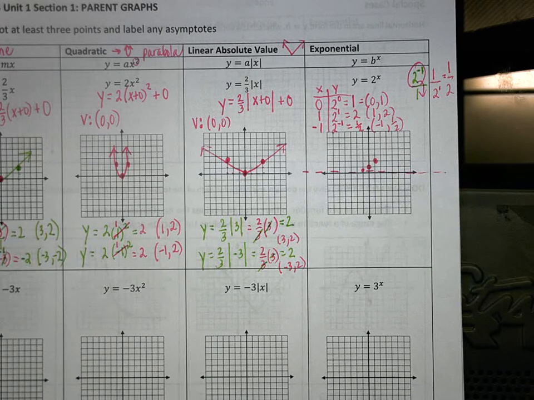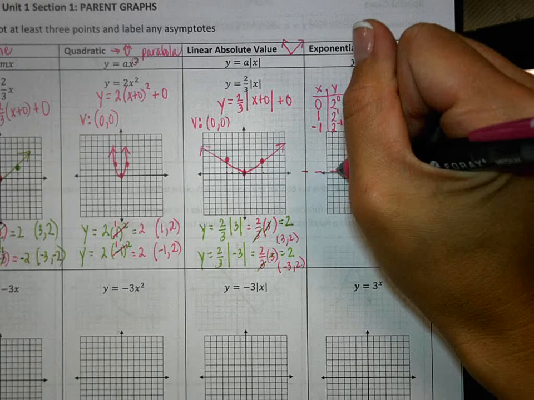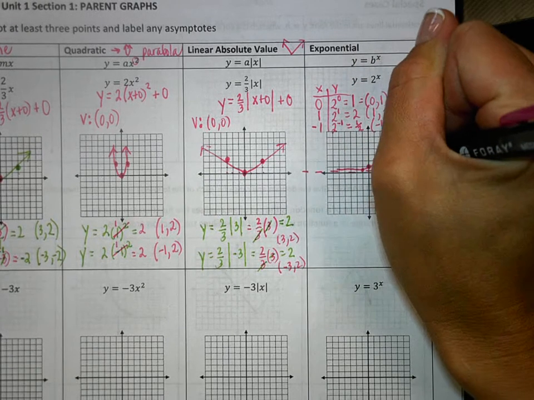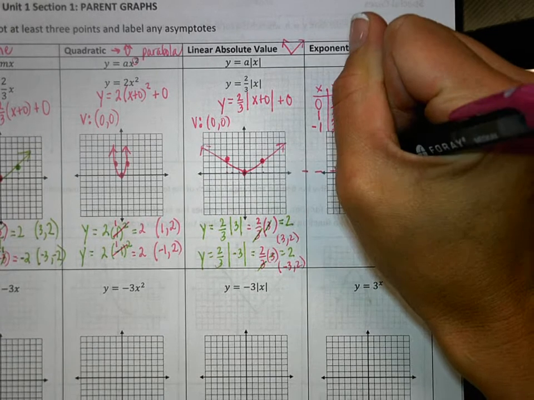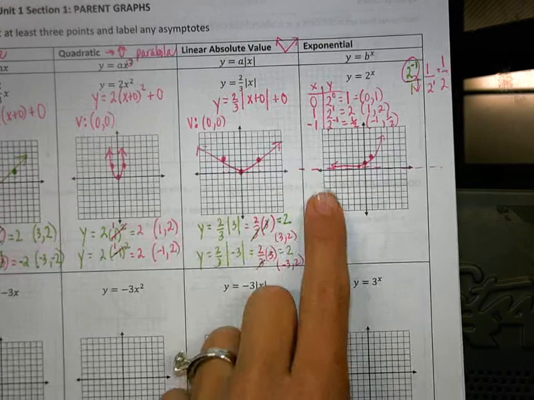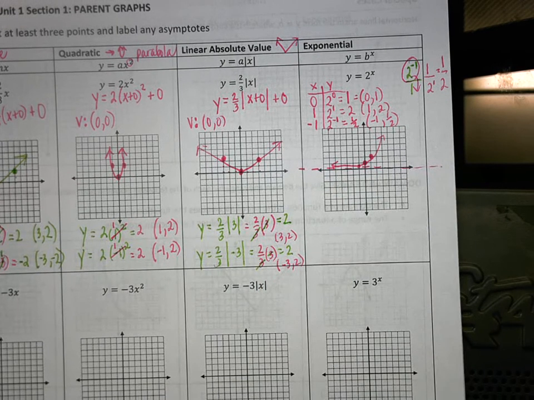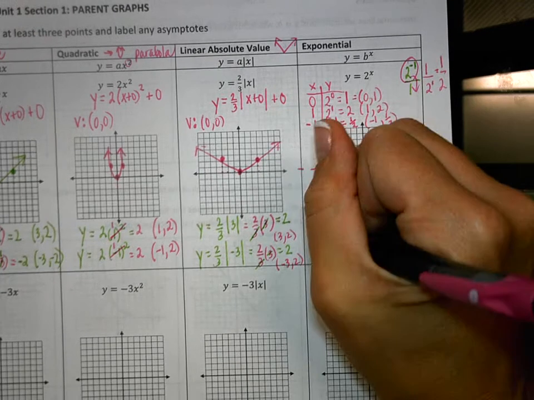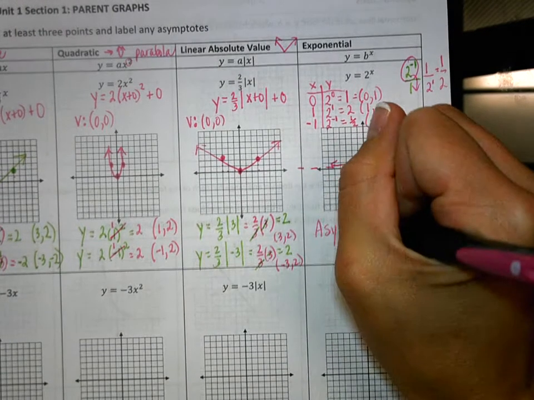Okay? I always think of asymptotes almost like magnets. You know how if you have 2 magnets and you try to put them together, but they're like the positive positives, they just kind of keep pushing away a little bit? And so that's how an asymptote is. You can try to get close to it, but it won't ever actually touch it or connect to it. Okay? And so down here at the bottom, I'm just going to abbreviate ASY for